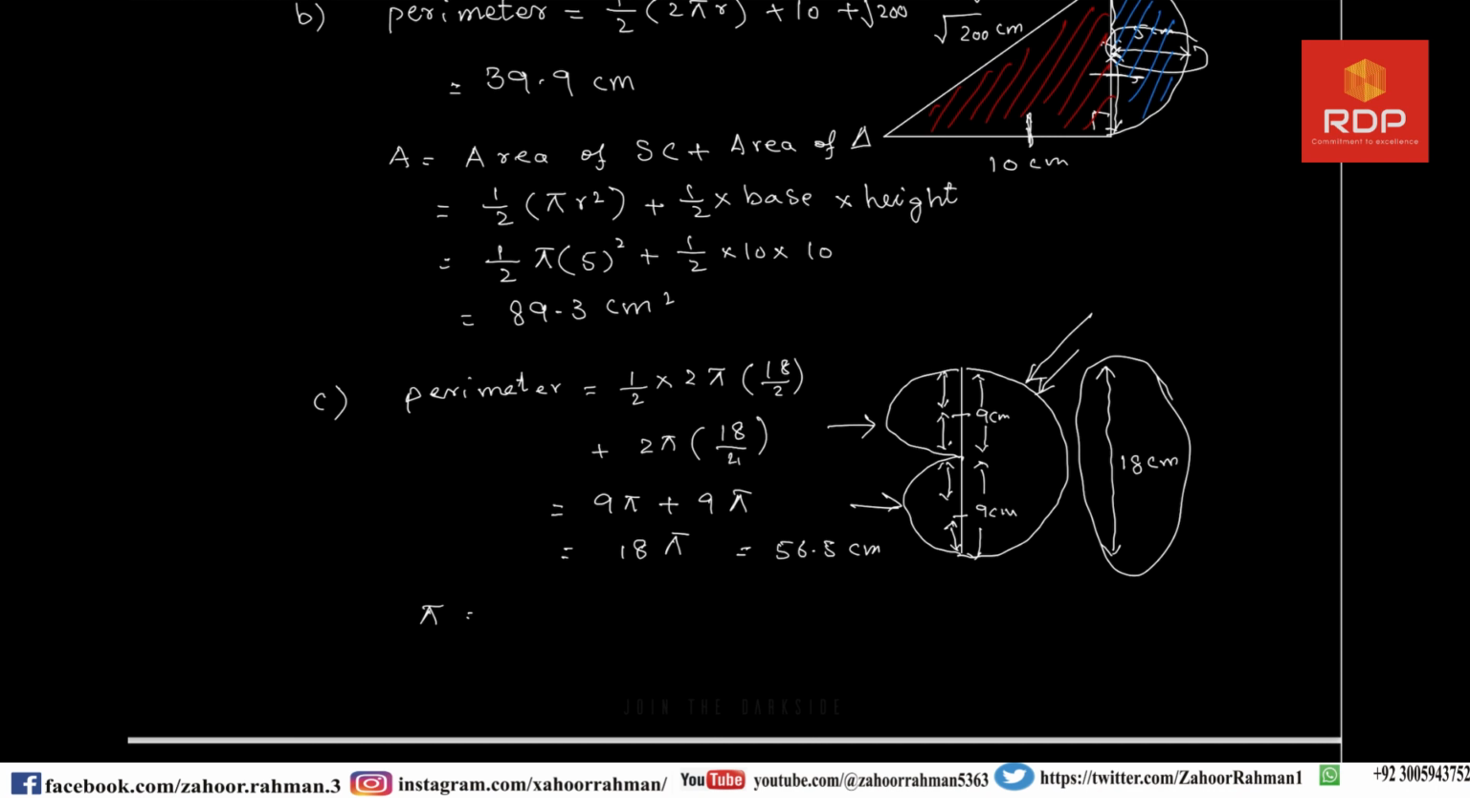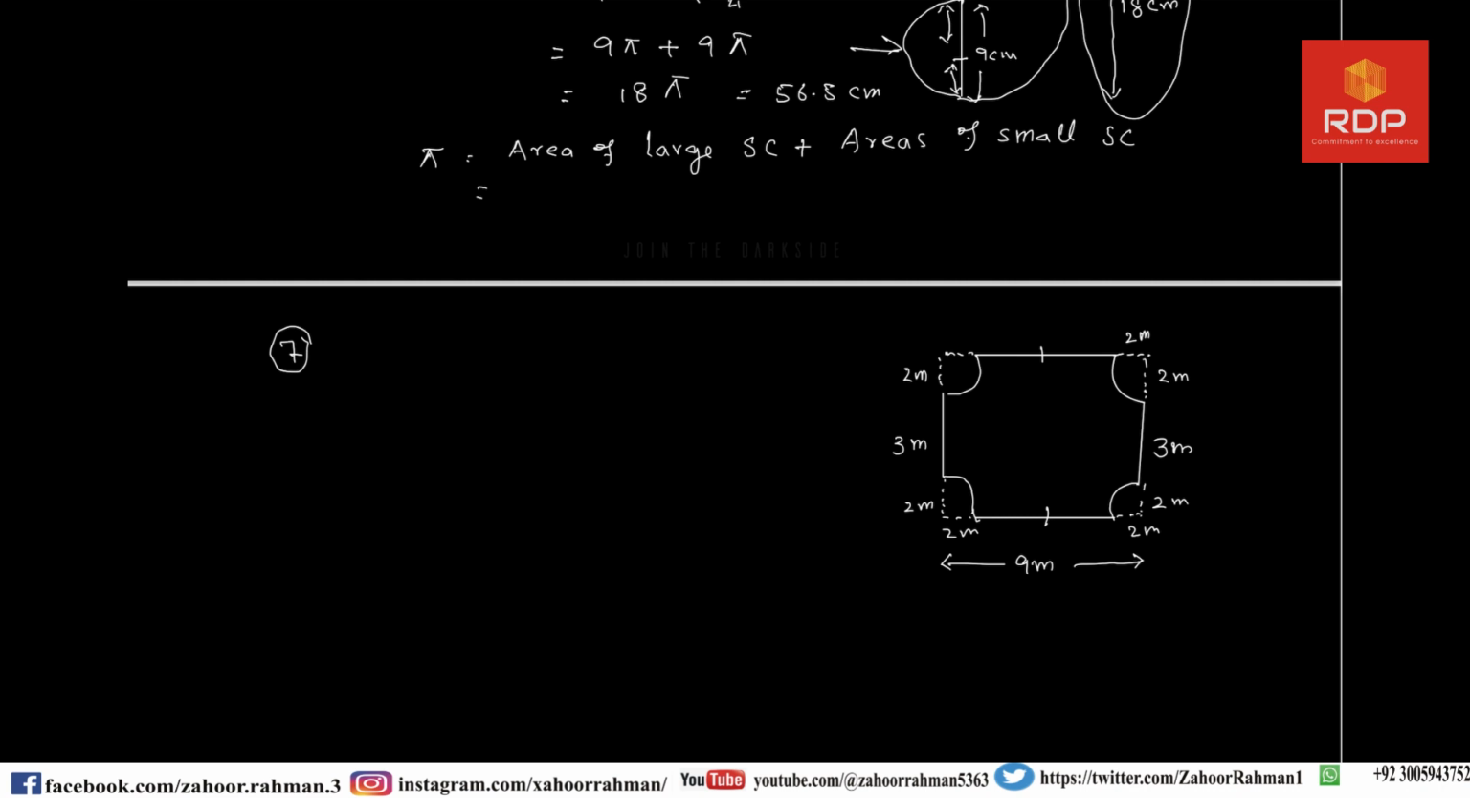Now for area, we are having area of semicircle, area of large semicircle plus areas of small semicircle, two small semicircle. So we are putting the values inside it, and that is 1 over 2 into pi